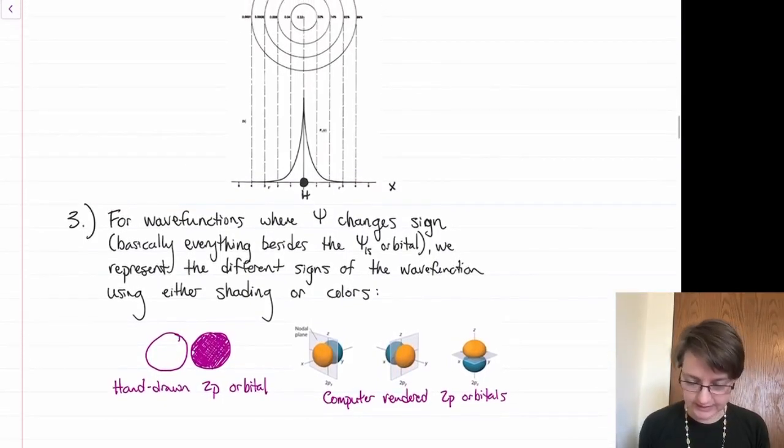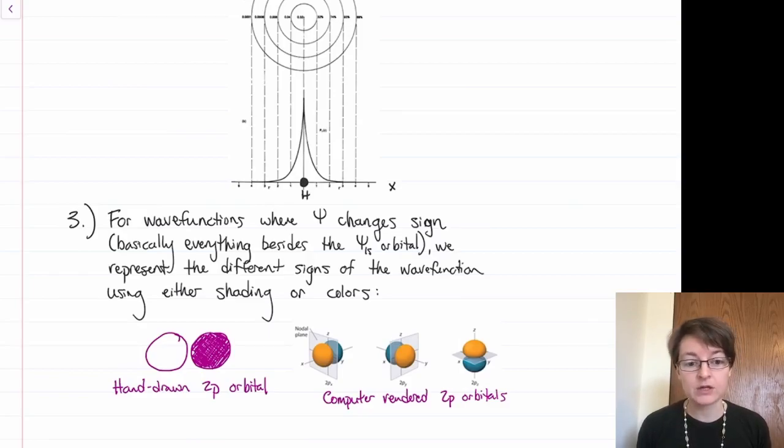And then last but not least, we discussed in earlier lectures how for the wave function, the sign doesn't apply to the 1s orbital because it's positive everywhere. But for wave functions where psi changes sign, basically every other orbital besides the 1s orbital, we represent the different signs of the wave function, if we're drawing by hand, usually using shading. So I've shown in purple a hand-drawn way of looking at a 2p orbital. The unshaded lobe and the shaded lobe both represent high regions of probability for the electron to be located in